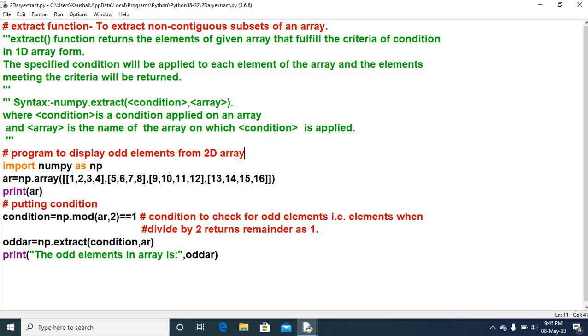Hello students, welcome back. In the last video class we had seen so many functions, operations on 1D as well as on 2D array, like arithmetic operation on 2D array, aggregate function on the array 1D as well as 2D, H split function, V split function,